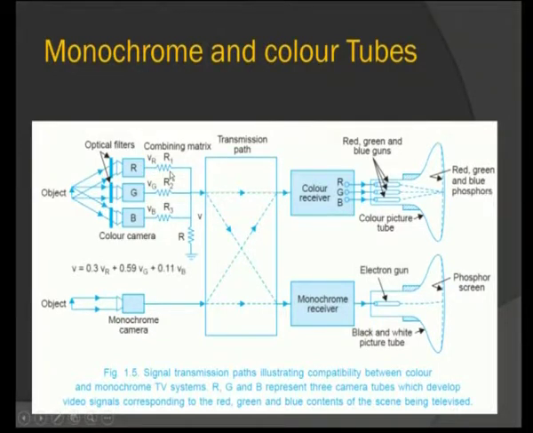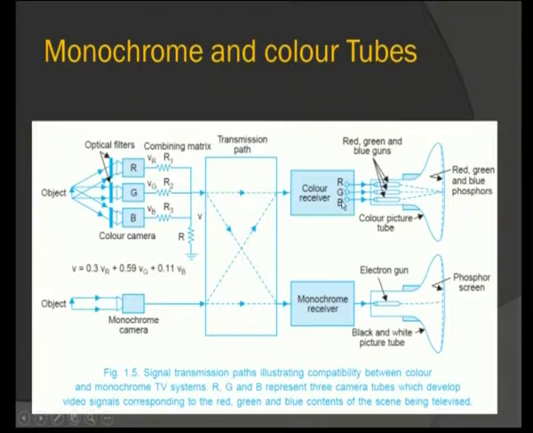And this is again connected to the video signals, that is VR, VG and VB are the video signal for red, video signal for green and the blue video signal. This is fed to a resistor and this will be transmitted by a transmitter. This is a transmission path, and the color receiver will receive all this separately, and again it is fed to the CRT or the receiver color picture tube.